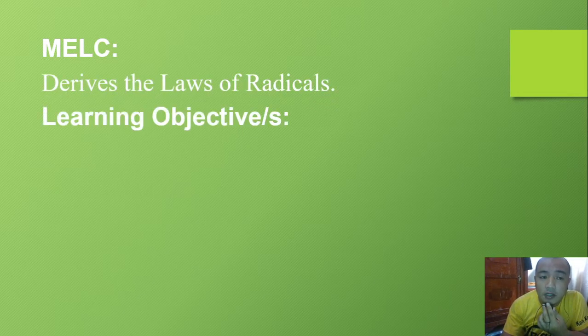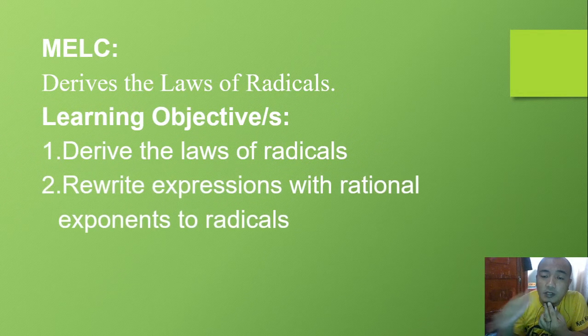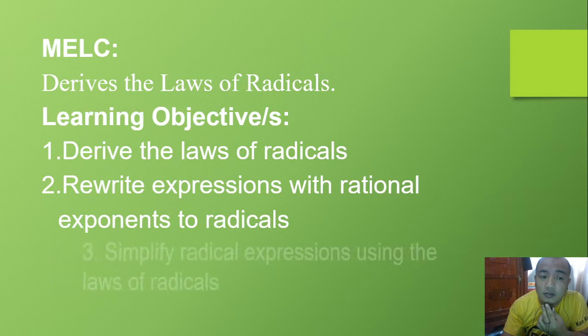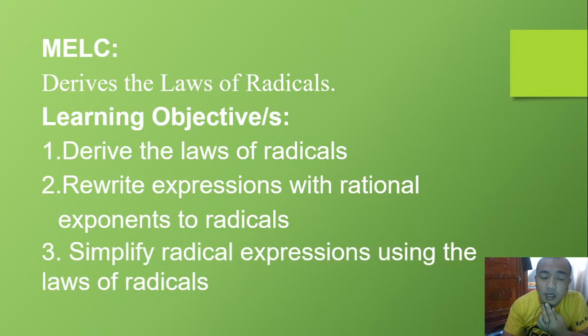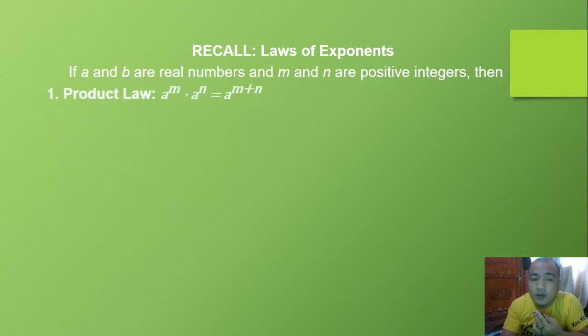And for the learning objectives, number 1, derive the laws of radicals; number 2, rewrite expressions with rational exponents to radicals; and number 3, simplify radical expressions using the laws of radicals. First, let us recall the laws of exponents. If a and b are real numbers and m and n are positive integers, then for the product law,